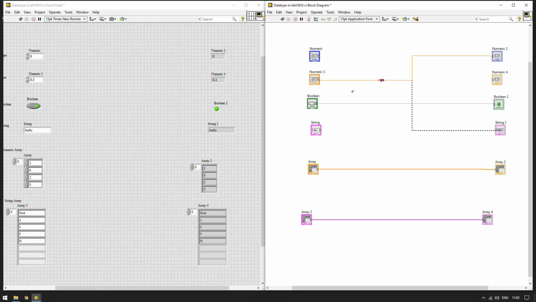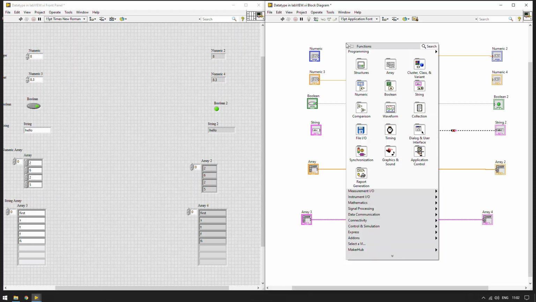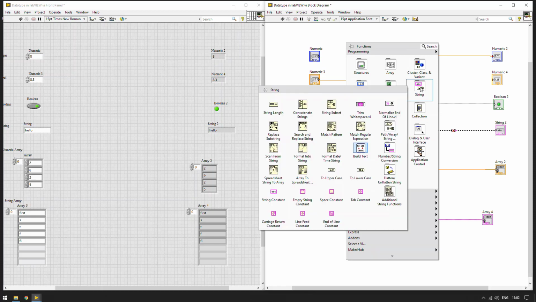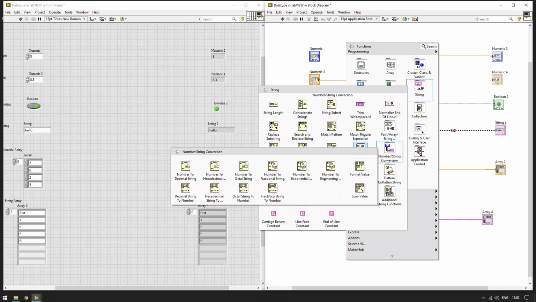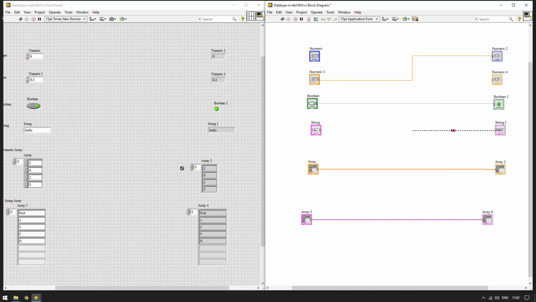So what we can do is either not connect them, or if our program requires connecting an integer value to a string, then we can convert these values using different palettes. For example, for our particular use, let's go to string, then string to number conversion, and number to decimal string.